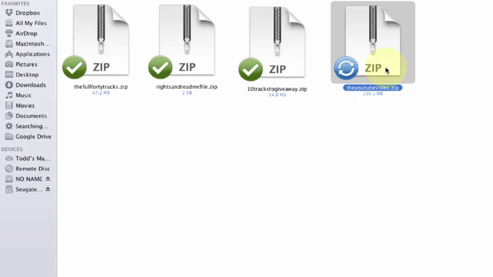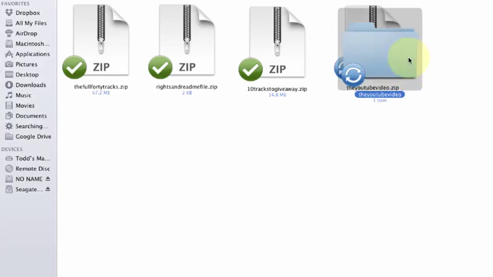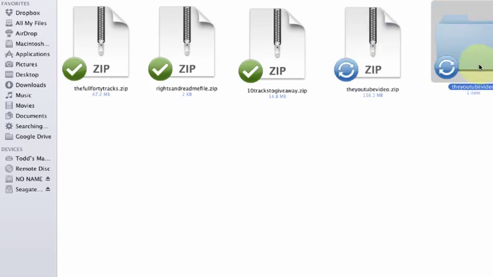So the first thing I'm going to do, as if you were doing it, is I'm going to open up the zip file. And right here, whether it's Windows or whether you're on a Mac like this, you'll see, of course, a folder.